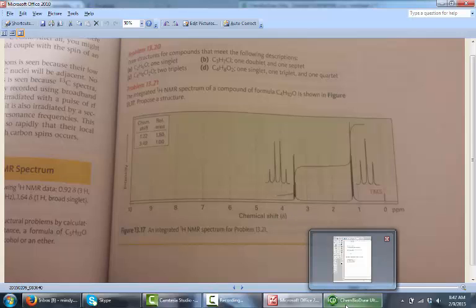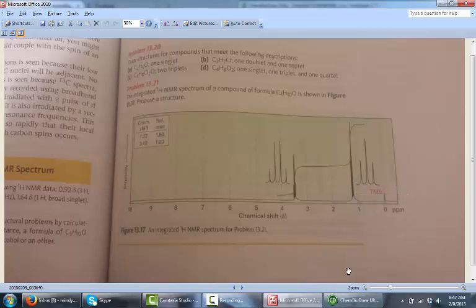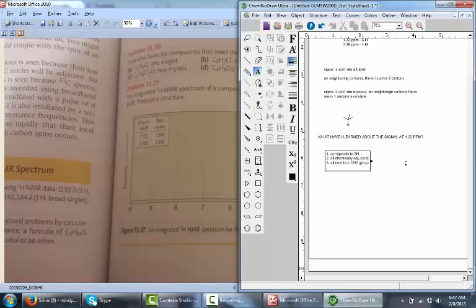That tells us what kinds of protons, what kinds of environments they are. So this is clearly in the alkane region. Okay, so I'm going to put that in also. Alkane or sp3 hybridized carbons are bearing these protons. Okay, now let's go to this other signal, down here at 3.49 ppm, and let's figure out what we